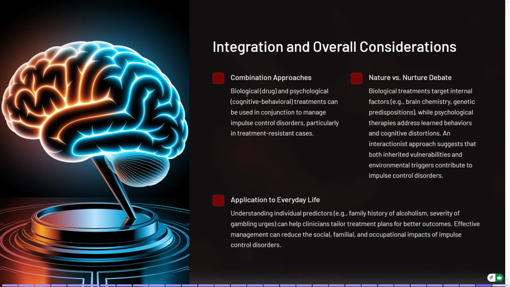Combination approach. Biological, which is drug, and psychological, cognitive behavior therapy, can be used in conjunction to manage ICD, particularly in treatment resistant cases. So you can combine them. Nature and nurture debate. Biological treatment targets internal factor, the brain chemistry, which is nature. While psychological treatment addresses learned behavior, how you are able to unlearn what you've learned, looking at